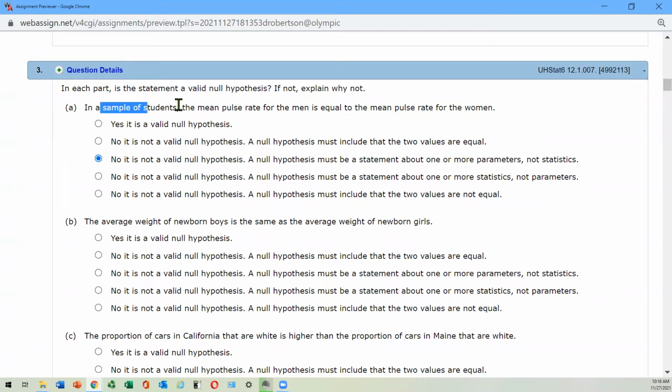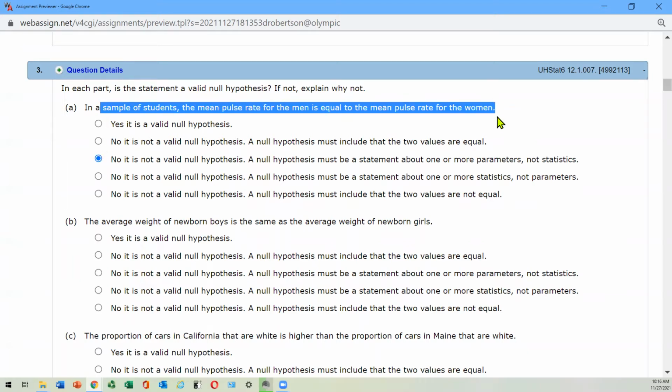The key word here is that they mention the samples. Now, a null hypothesis and an alternate hypothesis are all in terms of the population parameter. We use the sample to test it,